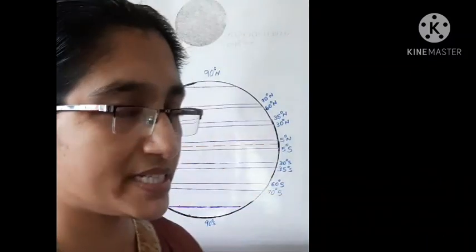What is the main feature of these winds? They blow from the same latitude to the same latitude throughout the year. They are always blowing in the same direction. Their direction, their speed, etc. remain the same throughout the year, and their origin and destination are always the same. That is the special feature of the permanent or planetary winds.